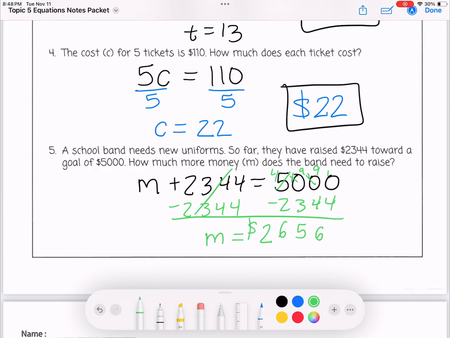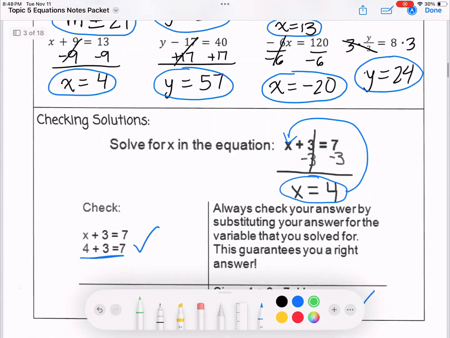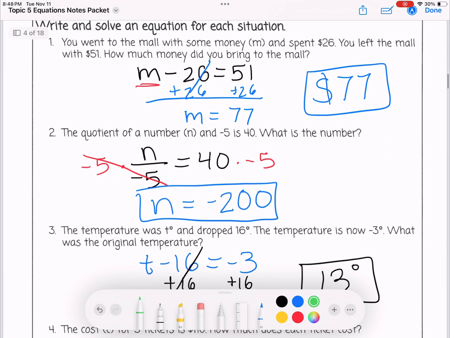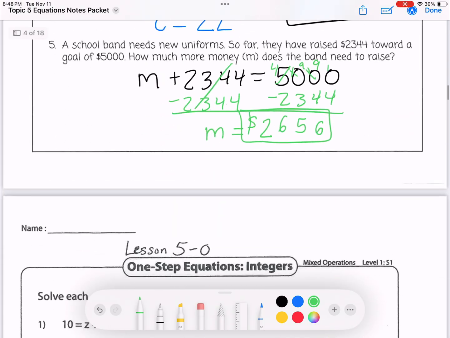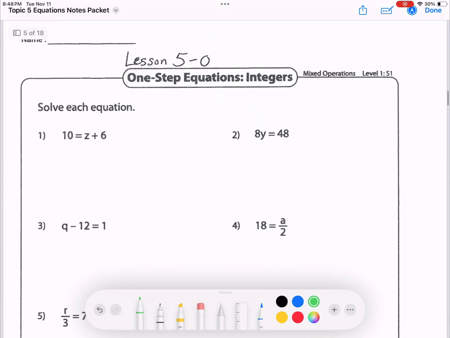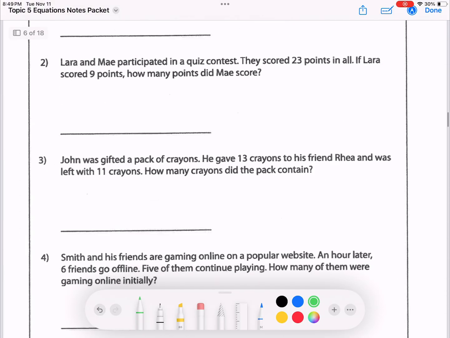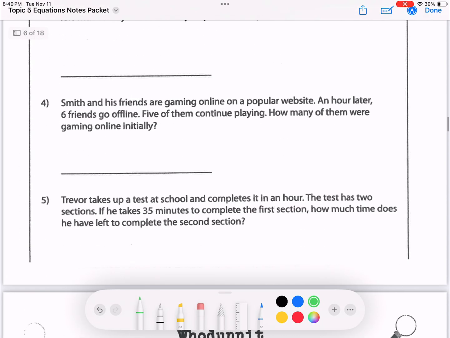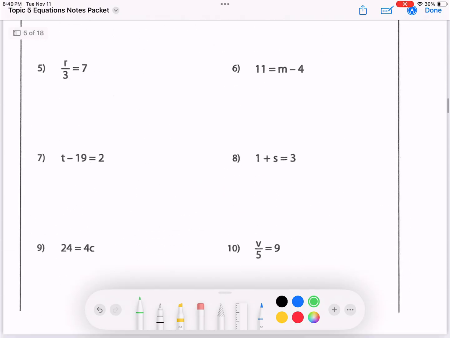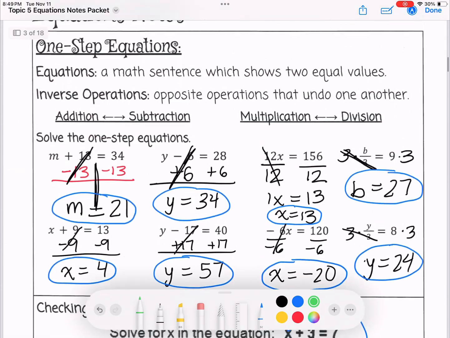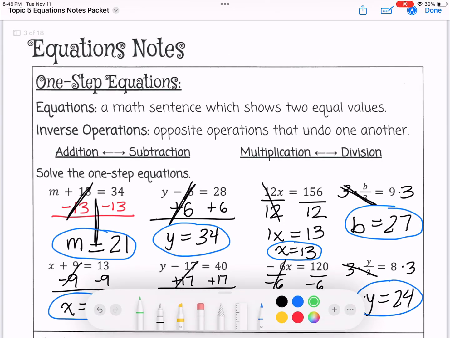And I get M equals, I'm going to borrow. And my final answer is the band needs to raise $2,656 more dollars. All right, and that concludes our solving of one-step equations and then writing and solving one-step equations. For the remainder of class, I want you to work on this worksheet, solving one step, writing